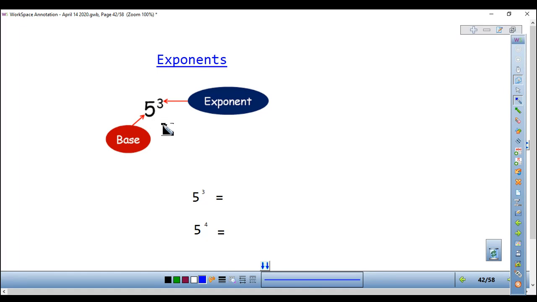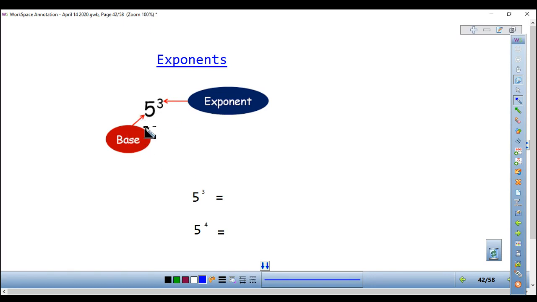I could say that it's 5 to the power of 3. I could say that it's 5 to the third power. I could also say that it's 5 cubed. So we have that word cubed when we're talking about something to the power of 3. So those are 3 ways that we could say this. We would not say 5, 3. That doesn't make sense. But we have a few different ways, and I'll be using these ways interchangeably as I